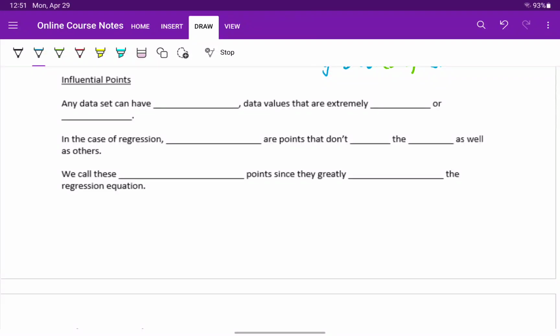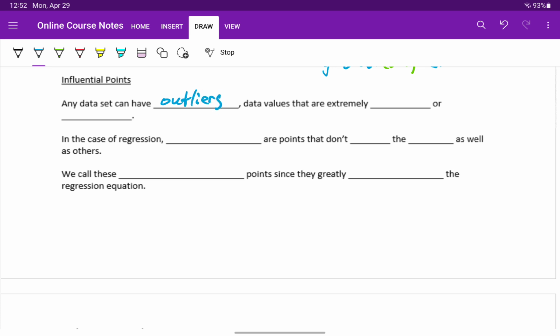We talked about, very briefly, some ways to determine whether or not our model is making good predictions. But another thing to be aware of are data points that could be impacting the accuracy of our model, how well that linear pattern fits with our data. Any data set